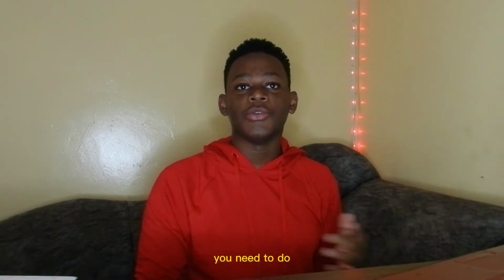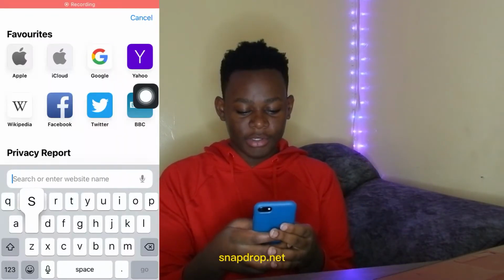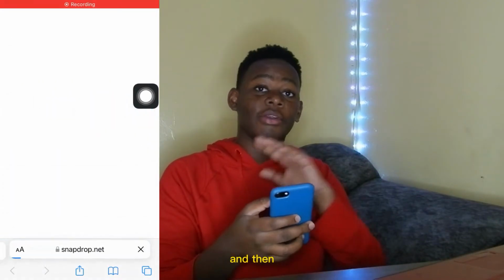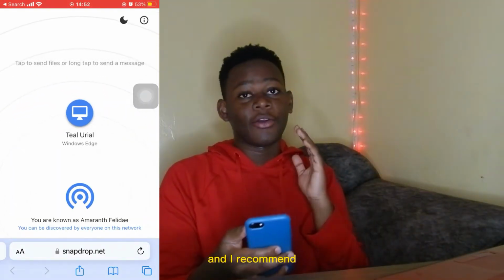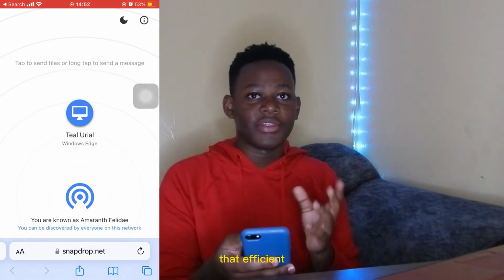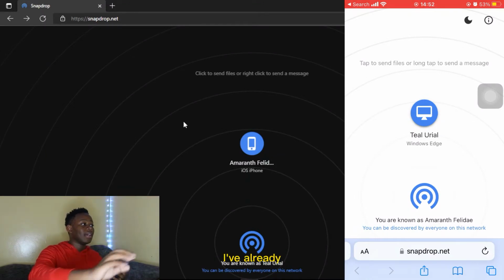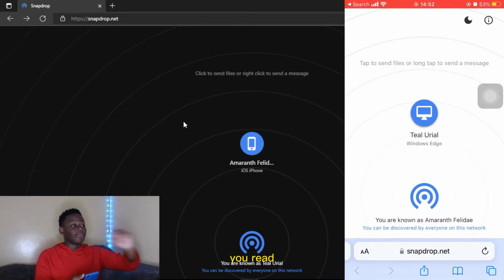So the first thing you need to do is on your phone, go to this website called snapdrop.net. And I'll do that right now, snapdrop.net, and then do the same on your Windows PC. And I recommend using Safari because using Google Chrome will not be that efficient, especially if you're using an iPhone. And as you can see on my PC, I've already opened snapdrop.net,